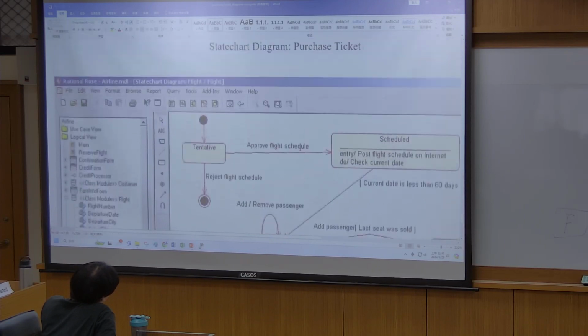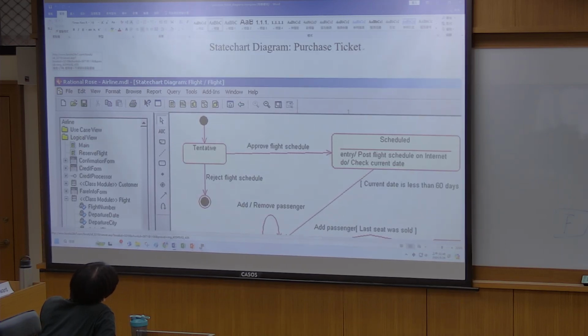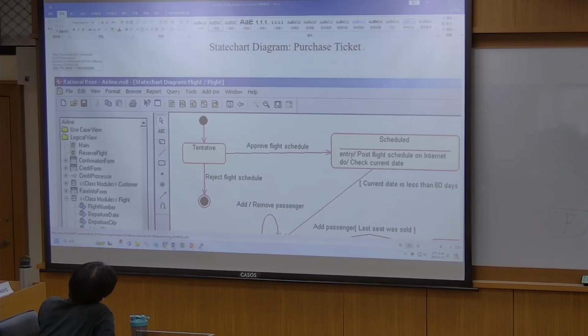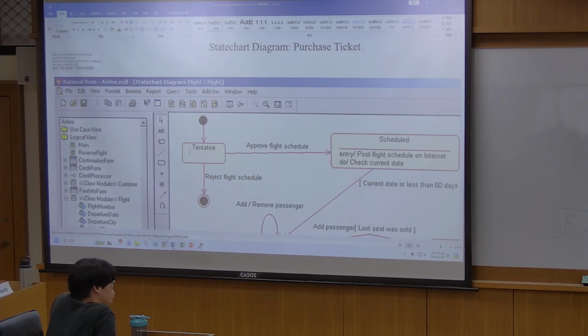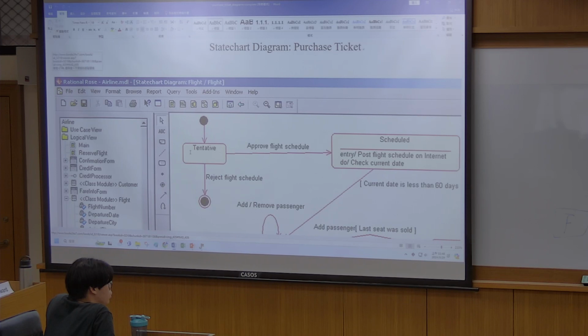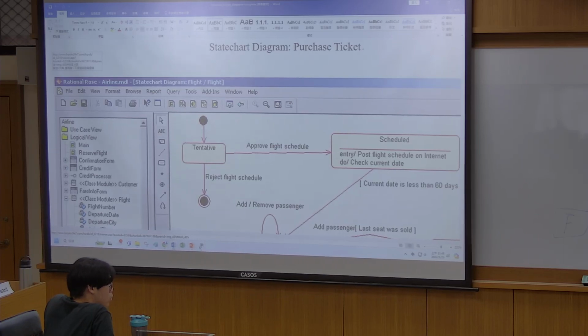State machine here uses flight as the object. This flight has many states, right? Here we can see tentative. The flight is tentative because every flight is different, right? Tentative means not ready yet, right? So not scheduled yet.